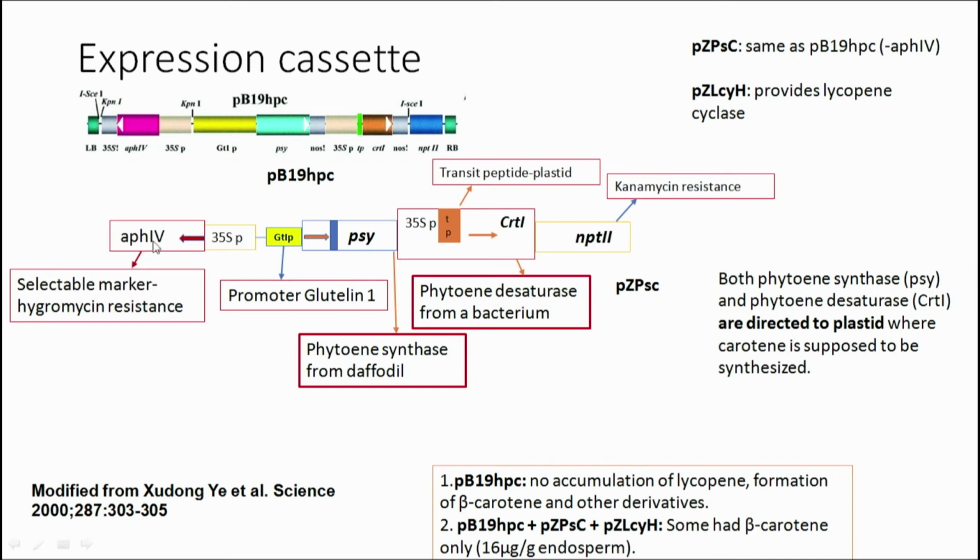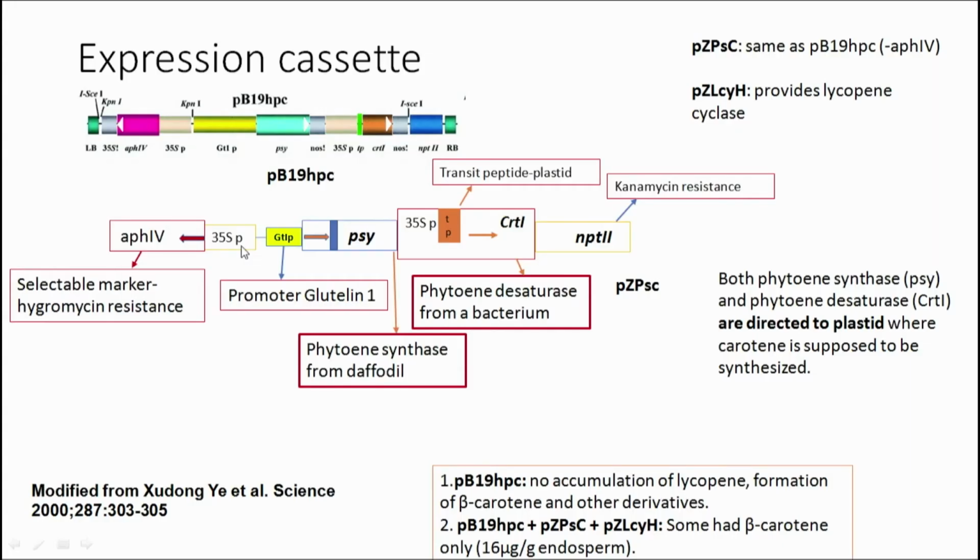And every gene needs a promoter to express. So, this particular gene is expressed under this 35S promoter. This shows you the direction of the transcription. This promoter is actually derived from cauliflower mosaic virus, which is a normal virus which can express itself in the plant cell. So, it is one of the promoters which is used, derived actually from a virus, but that gets recognized inside the plant cell.